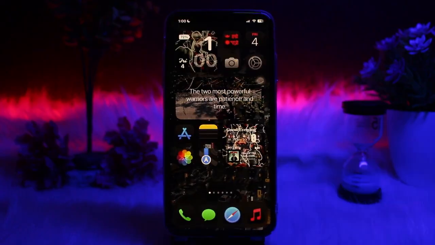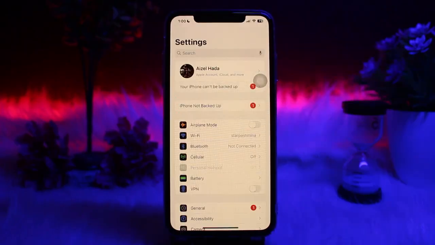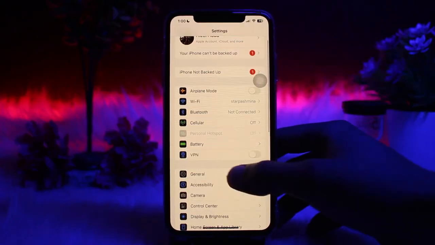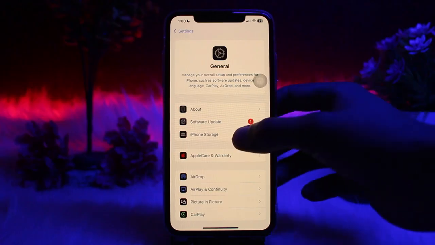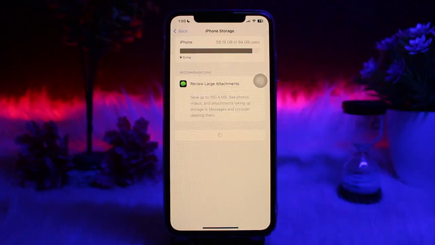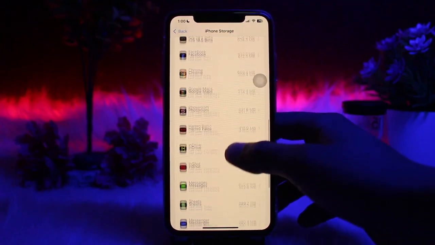But for some reason, if that still doesn't fix the issue, then what you can do is simply head over to your settings. Now inside settings, what you need to do is scroll down, then tap on General. Now inside General, tap on iPhone Storage. Now inside iPhone Storage, scroll down until you find the Poshmark app and then